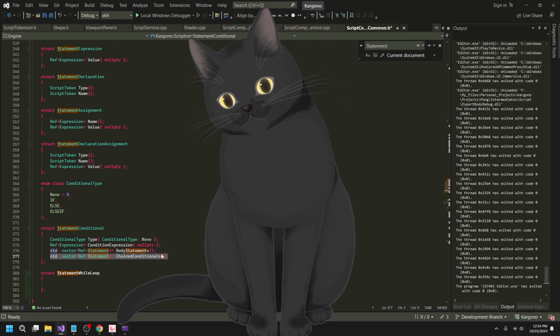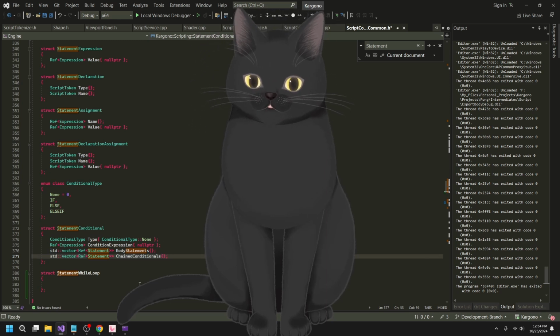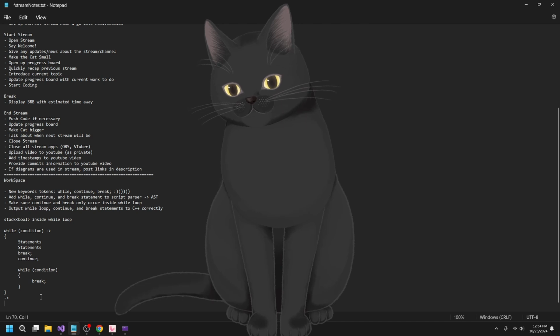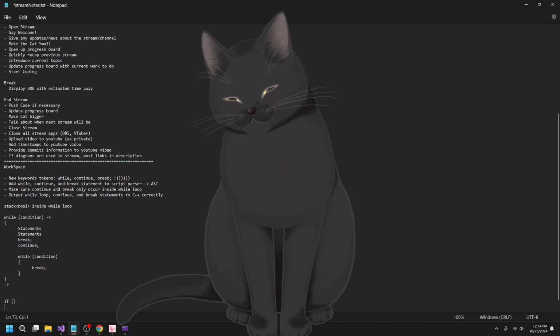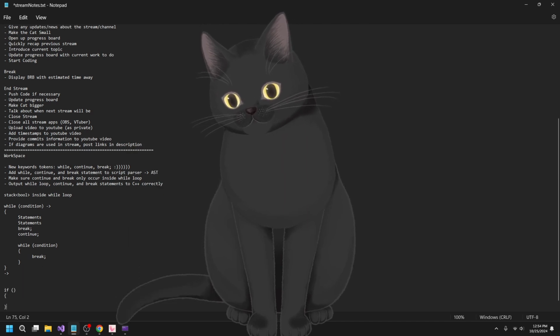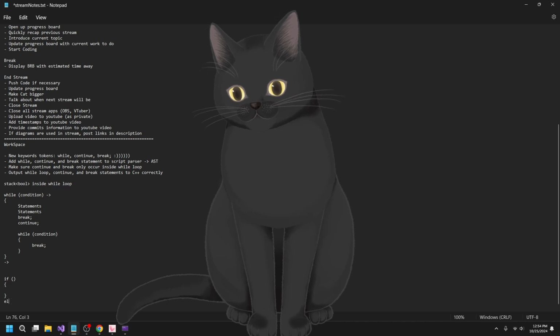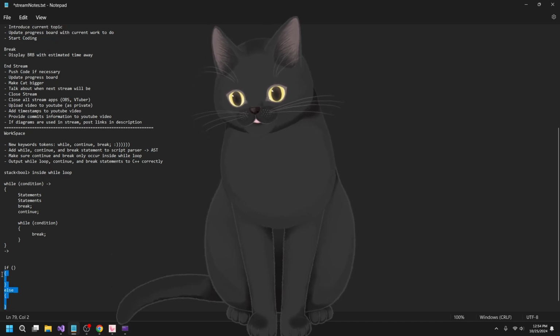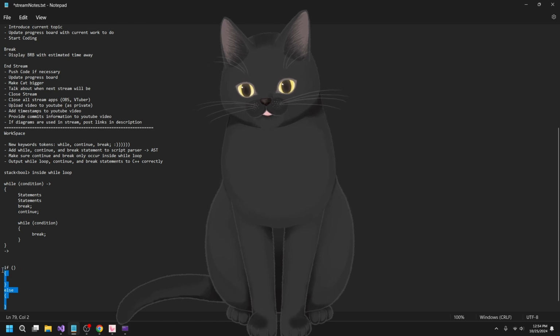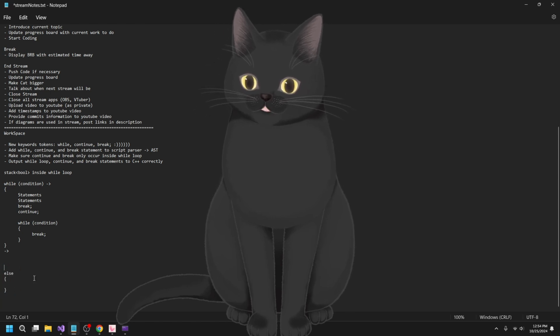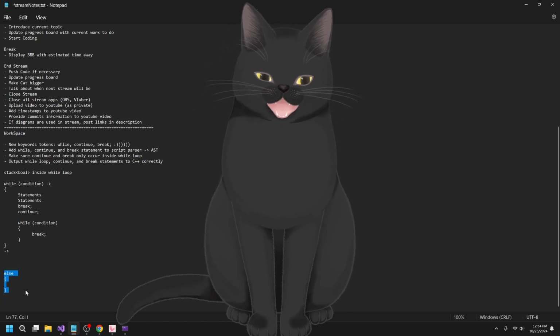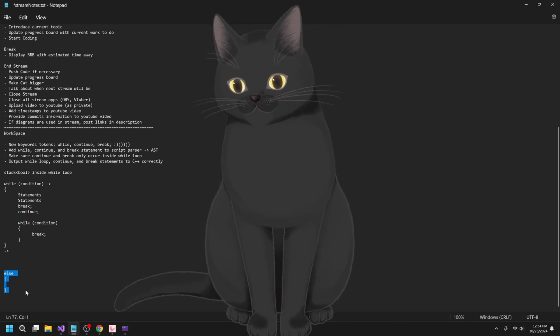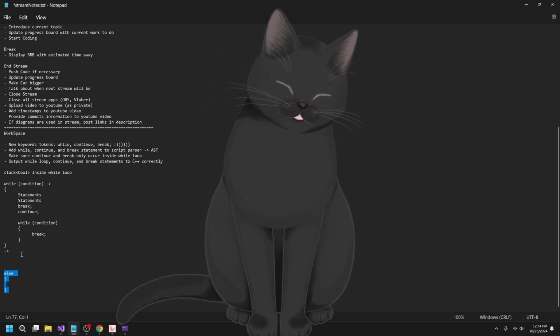But we need these chain conditionals for if statements because you can chain them in a row, right? So you have an if, and then you need to be aware whether you're using an else if or this else is valid, right? Because if you do an else without an if, this is an error state because it's like, else what? Wait, what are you talking about?